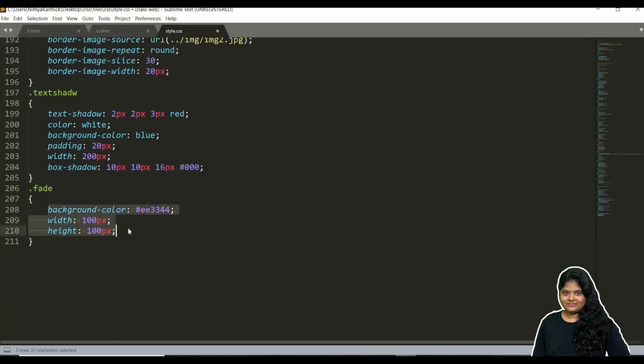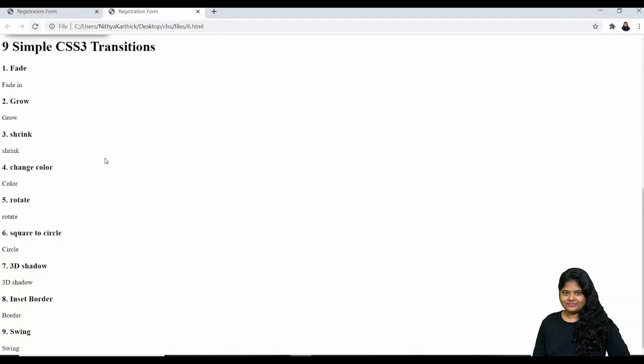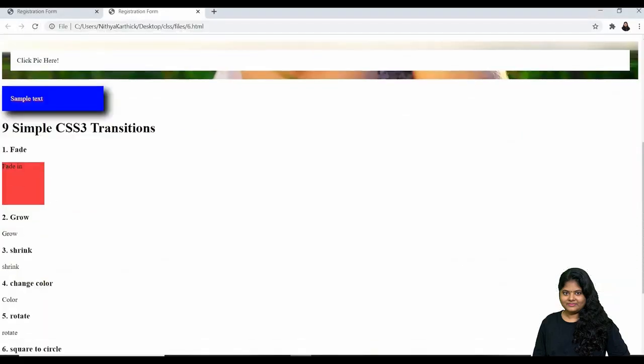I just gave a basic style for this fade div. Let me see how it is. Yes, now I have given it like this.